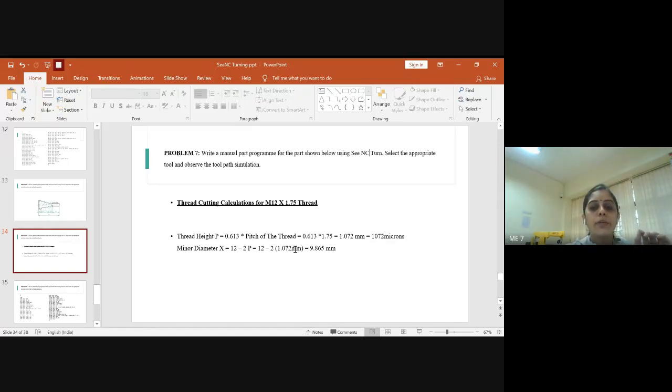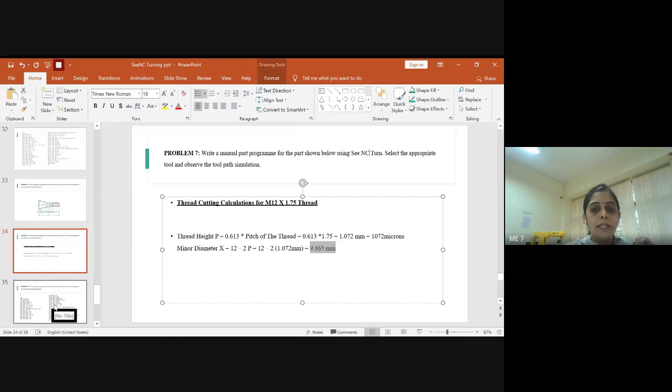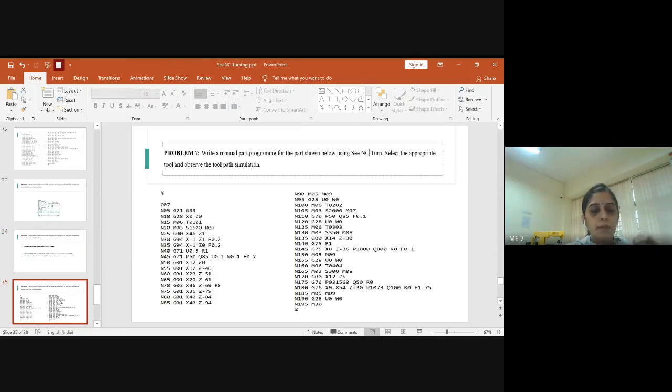Don't write the value here in microns; write the value in terms of mm. So you'll get the minor diameter in mm. Kindly type it and keep it. Then we can start with the actual part program.